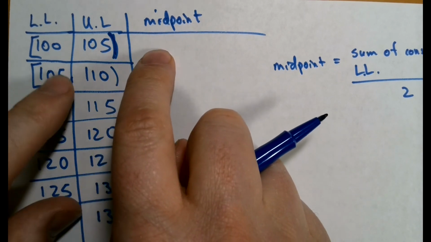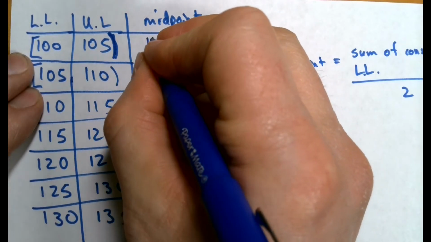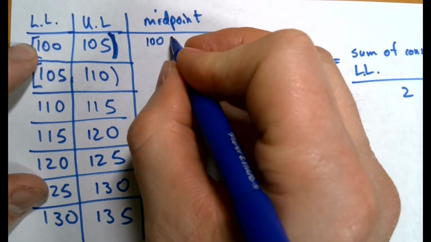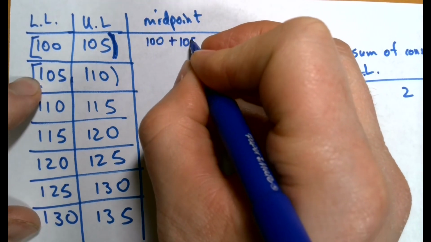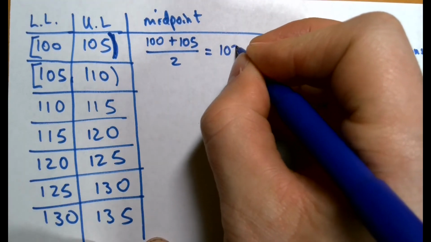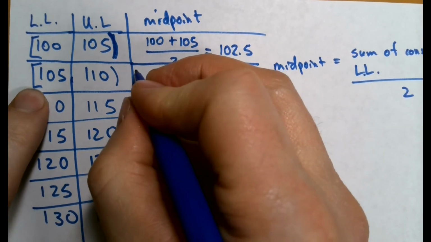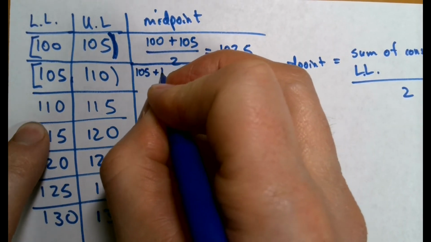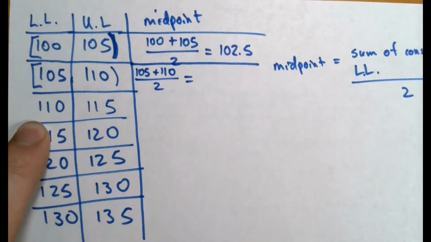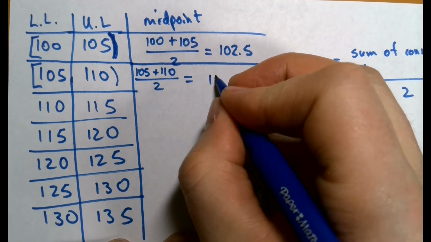So if I want to find the midpoint of this class, I'm going to do 100, that's this lower limit, plus the next lower limit, 105, and divide by 2. This will get me the correct midpoint for this class. It ends up being 102.5. So we repeat for the next one. We do the exact same thing: 105 plus 110 divided by 2, and that equals